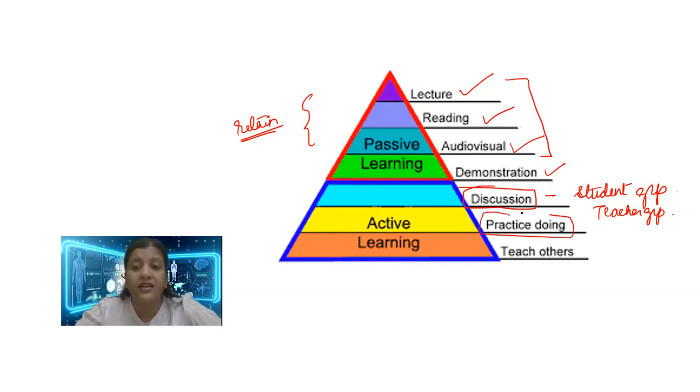Then you're going to practice. For example, you are learning a chapter today. You are going to practice whatever you have read and do the MCQs. You are going to question yourself: if this MCQ comes in a different format, how am I going to answer this? Or if there are different options, try to analyze the options. Do you remember the subject of those options as well? And if possible, try to teach others or your friends, because when you're teaching, your memory and your understanding of the subject improve. So these forms of things are active learning, where you discuss, where you practice, and where you could also teach others.